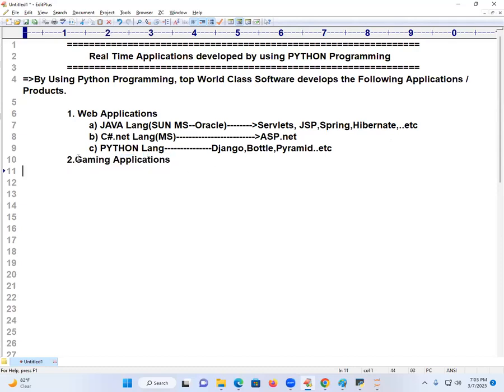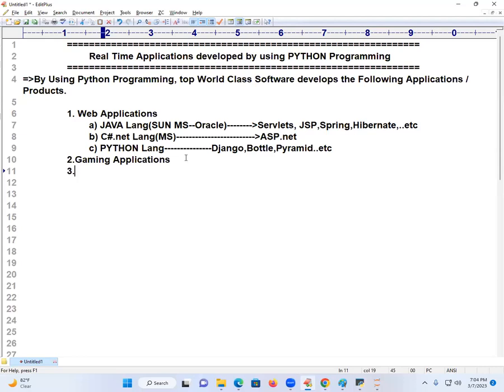Earlier, when they were developing gaming applications, they used languages like C, 8086, some sort of languages. Nowadays people are using what? Gaming applications. For gaming-related application development, separate modules are available. There are some companies established exclusively for designing gaming applications. You can search on the internet, exclusively world-class companies who are developing games, and the languages used inside. Python is the easiest language for development of gaming applications, because Python provides modules for development of gaming applications.